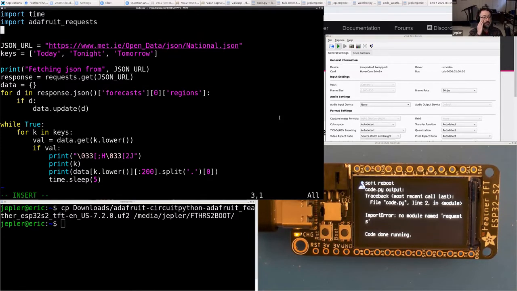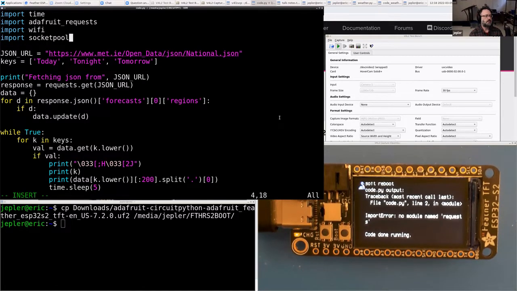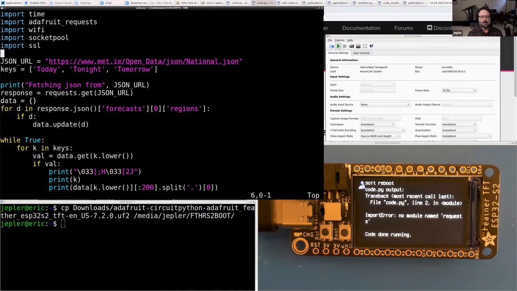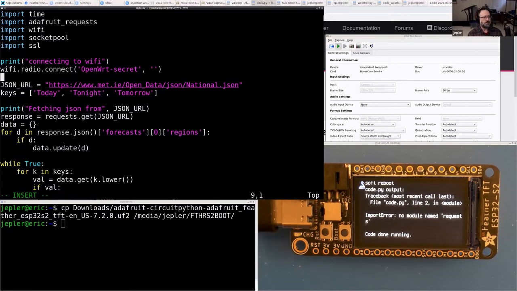Then next up, we need some other libraries to set up the Wi-Fi connection. There is no Linux operating system here, so we have to do everything ourselves. And there's great documentation for all these libraries on our documentation website, which I'll take you on a little tour of in a little bit. And so next we need to start connecting to Wi-Fi, which we do with the Wi-Fi radio object. And this is the SSID, and it happens to have no password just because that was easiest for the purposes of this demo. So now if I were to run this, we'd connect to Wi-Fi, but we also need to